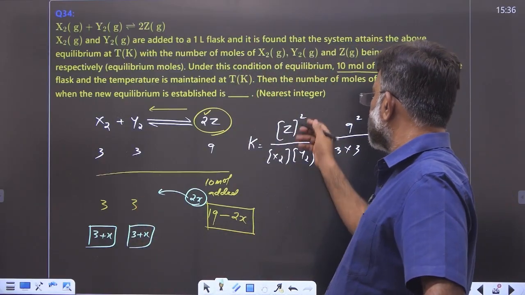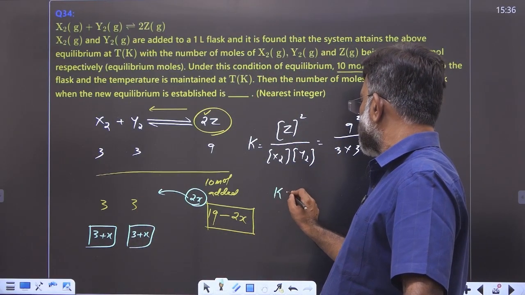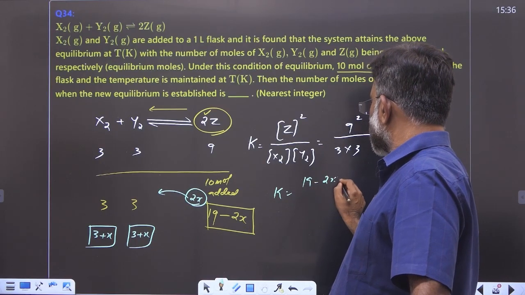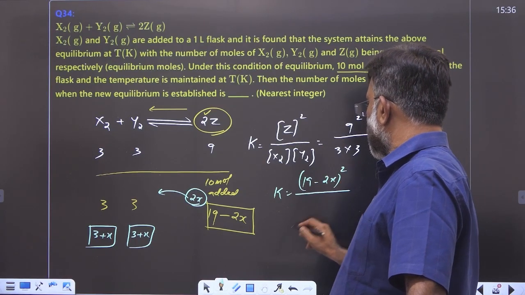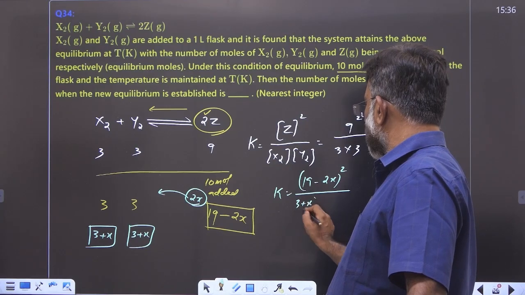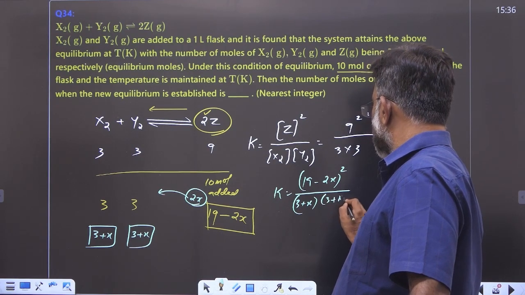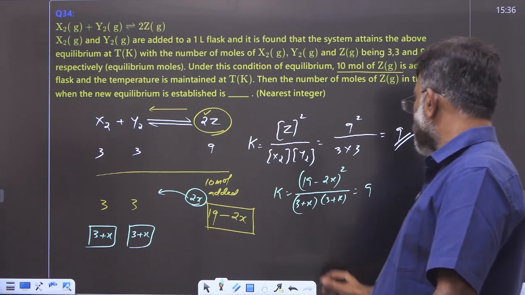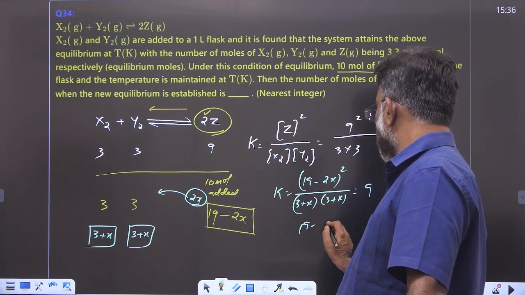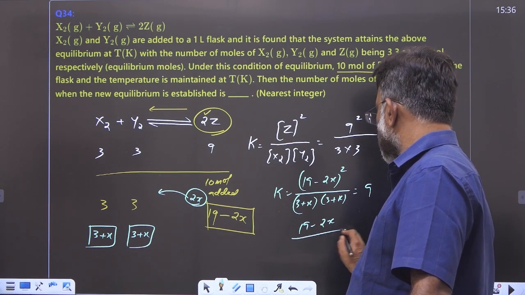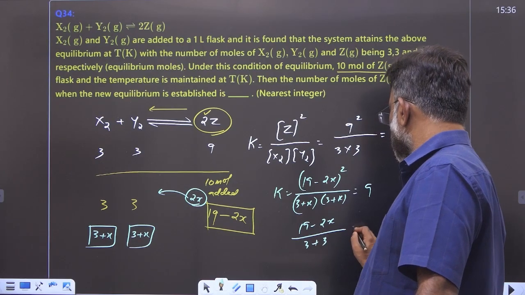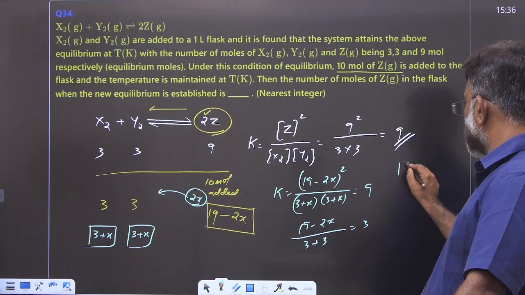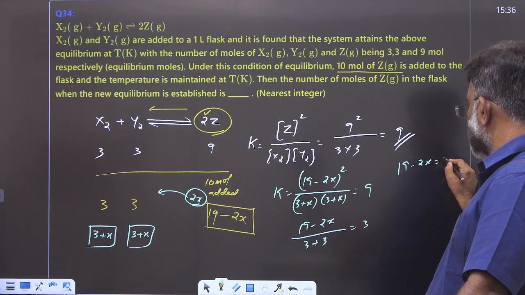Now again, substituting in the equilibrium constant, you get K: 19 minus 2x the whole square divided by 3 plus x into 3 plus x, that is equal to 9. Take square root on both sides. You get 19 minus 2x divided by 3 plus x equal to 3. That means 19 minus 2x equal to,